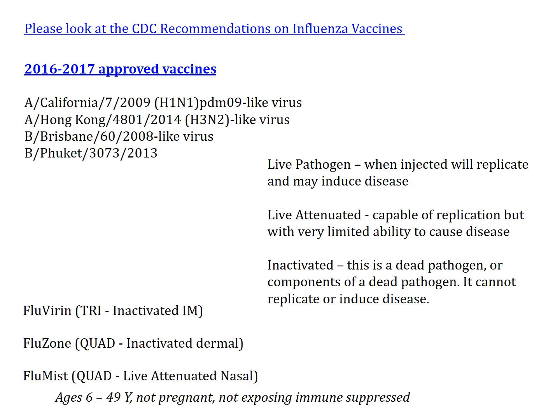So in a healthy individual, if you get a live attenuated vaccine, and those are typically the ones that go up your nose, you inhale, you can replicate the virus and shed the virus, but a healthy individual shouldn't get sick, shouldn't get influenza. You don't give those to immune suppressed individuals because even attenuated viruses can be problematic in